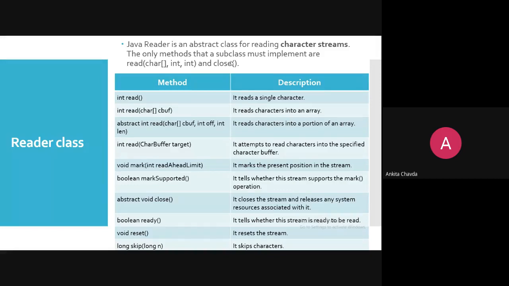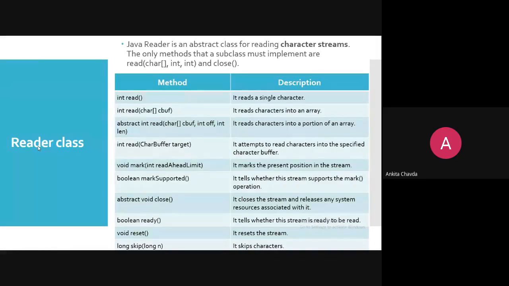Are you clear with this? The only methods that the subclass must implement are read and close. Only two methods are abstract. You can check here: the abstract method int read and the abstract method void close. These two are the abstract methods that the child class of Reader must compulsorily implement.